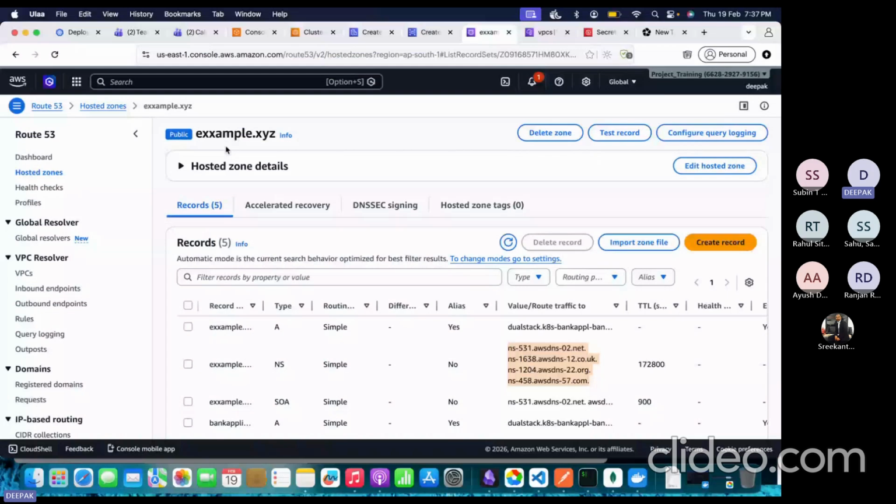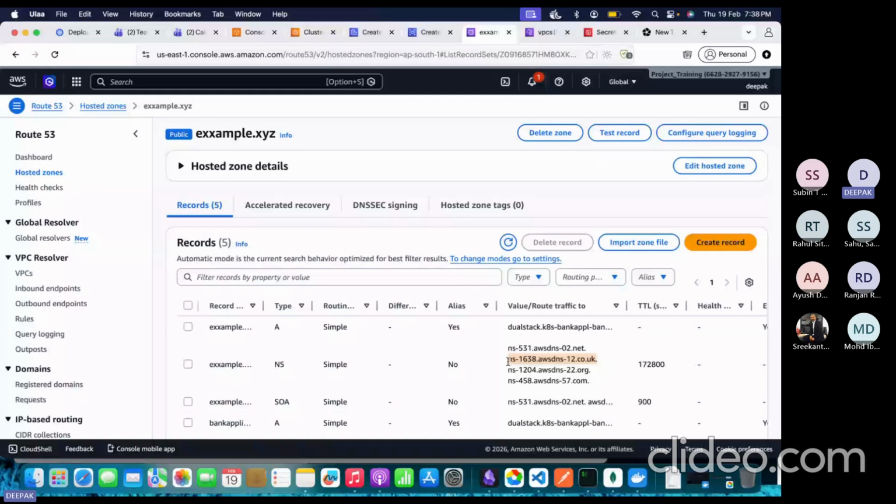So this is fundamentally the name. From the perspective of name, if I say Deepak.com, where is the Deepak.com? This is nothing but the servers which will be helping me to resolve that name to some IP or some load balancer. So this is the fundamental concept of all of this,